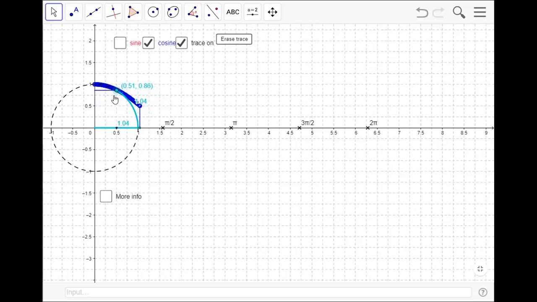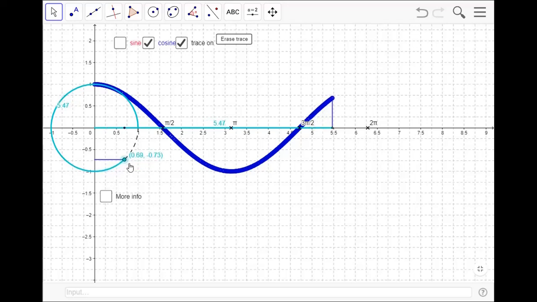This is how you can draw the graph. As we increase the angle, it is in the third quadrant now. At x equal to 3 pi by 2, it is again 0, and if you further increase, cos x increases,